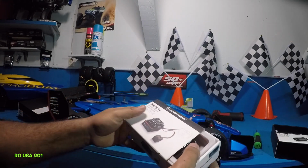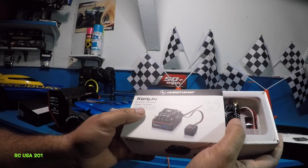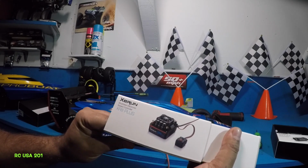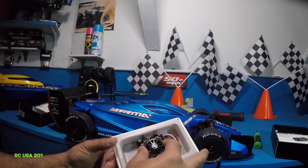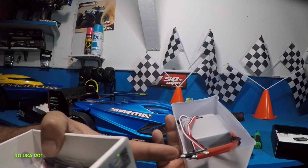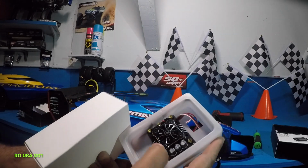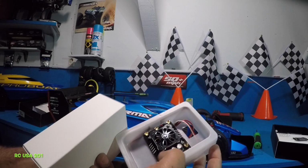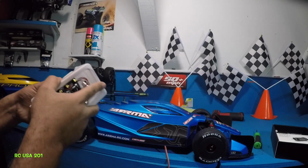So in this box, we have the ESC. It's a 150 amp X-Rod, all right? And this can take up to 6S. All right, we'll do upgrades in the future, but there's the ESC right there, guys. And if we lift this out, we need to solder these in. We need to do a lot of soldering here, guys. 1, 2, 3. Negative, positive here. So we're gonna be doing a lot of soldering. It comes with the extra fan inside. All right, that's that. Let me put that to the side,